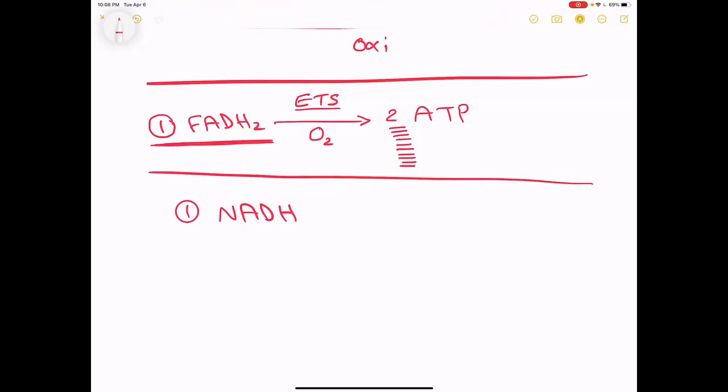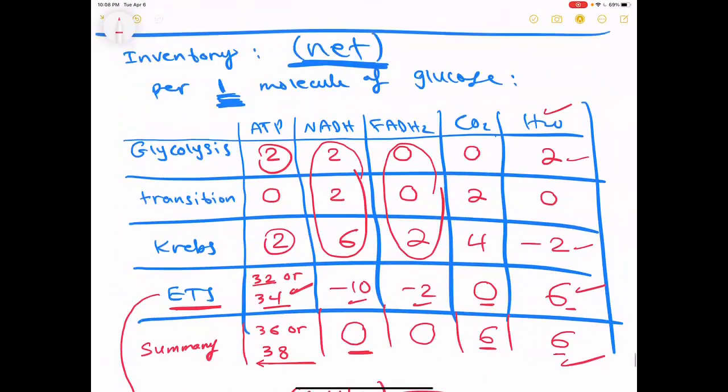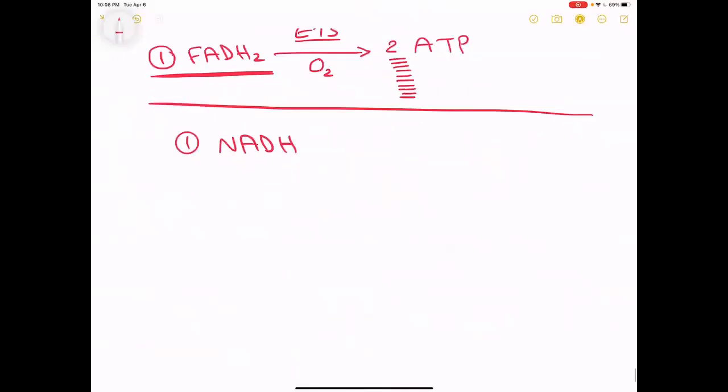There is nowhere else we made it. NADH is coming from the cytoplasm, which is cytoplasmic, but also coming from the transition and Krebs, and these are mitochondrial. Look at the table right there. So these here are mitochondrial. That's transition and Krebs. This is cytoplasmic. But the FADH2, I said, just has one source, which is in the Krebs cycle, which is mitochondrial. All right, so going back, every NADH,